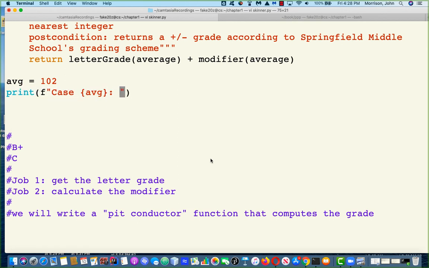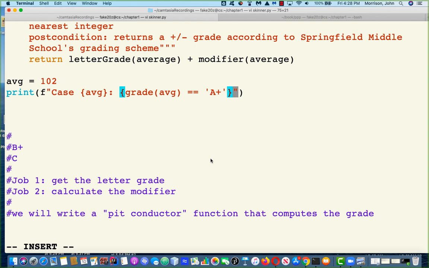So now what I'm going to do is I'm going to say open curly brace, grade of average, double equals. Oh, I see what the problem is. It's a quote problem, and this is an interesting problem. You want to be aware of it. Inside, so